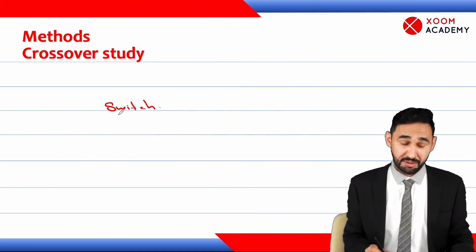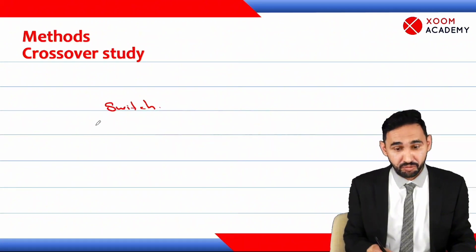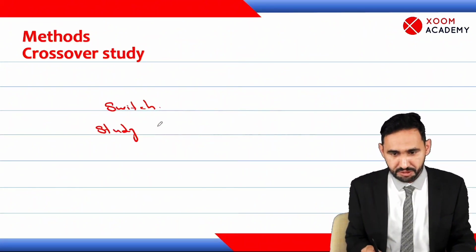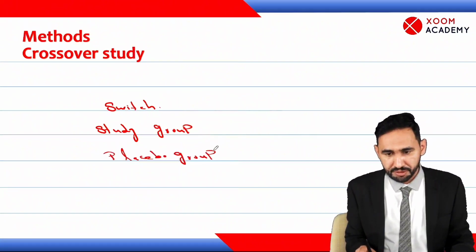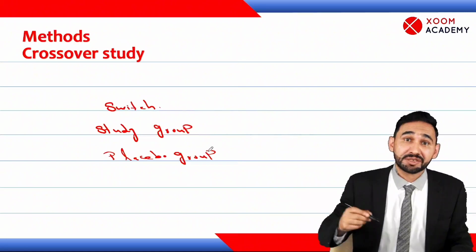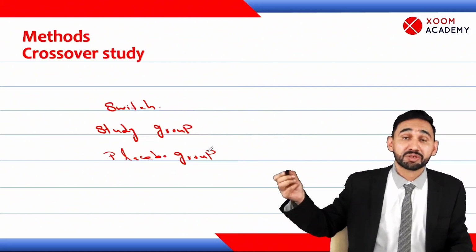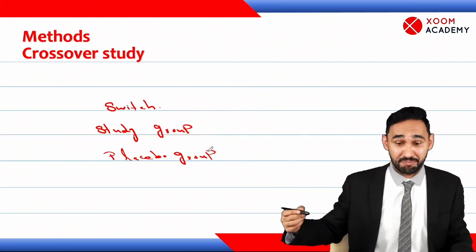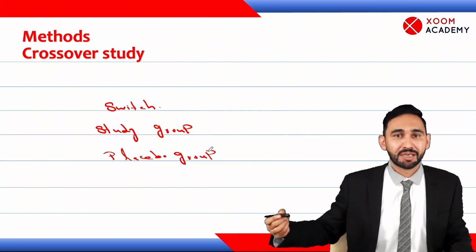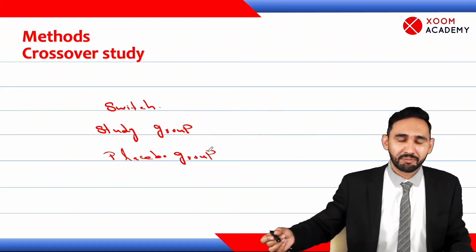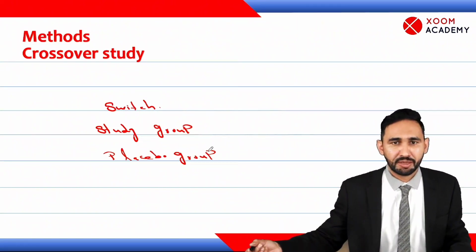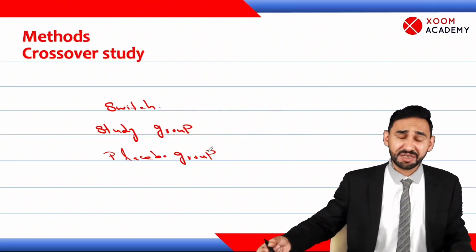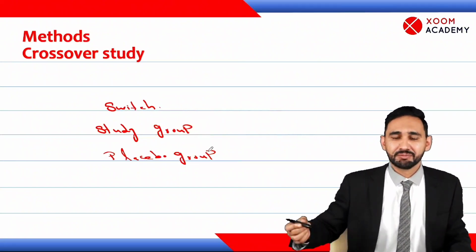We know that we have taken two groups, study group and placebo group. After doing intervention and manipulation, we will switch study group to placebo group and placebo group to study group. But we'll take some gap, like we conduct a trial. Participants were divided into study group and placebo group. After doing manipulation intervention, we'll take a break. After some time, we'll switch both the groups.